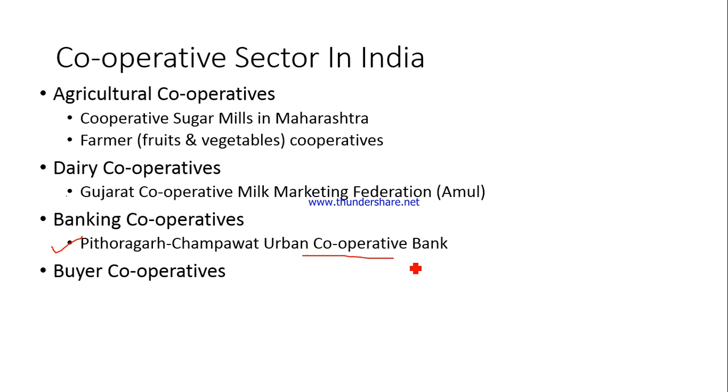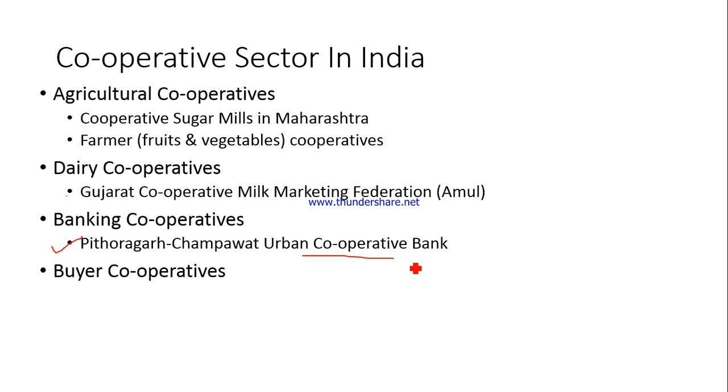Then we have buyer cooperatives. Now what do we mean by buyer cooperatives? Buyer cooperatives basically pool in their purchases. Pool in means, for example, again let us say there are 5 families. Again a very simplistic example to make you understand things. And every family requires, let's say, 10 kilogram of wheat every month. So rather than going to the market and purchasing individually, what will they do? They will say, okay, fine. Every family requires 10 kilogram, which means if all 5 families come together, we need to purchase 50 kilogram of wheat. Now they would club in their purchases, which means now the cooperative will have to purchase